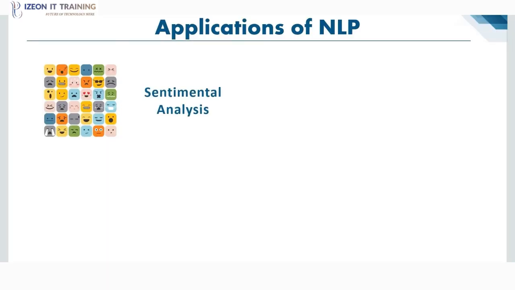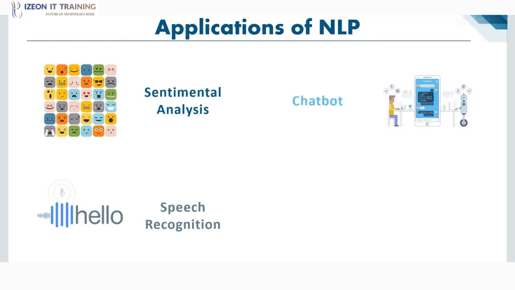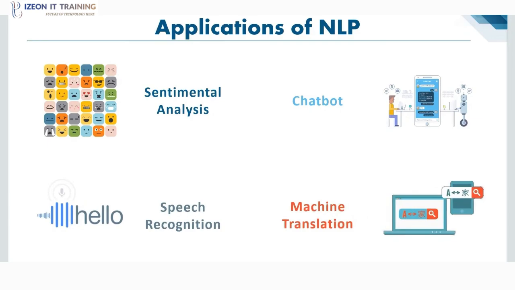So now if we have a look at the various applications of NLP, first of all, we have sentiment analysis. Now this is a field where NLP is used heavily. We have speech recognition. Here we are also talking about voice assistants like Google Assistant, Cortana, and Siri. Next we have the implementation of chatbots as I discussed earlier. You might have used the customer care chat services of any app. It also uses NLP to process the data entered and provide the response based on the input. Machine translation is also another use case of natural language processing. The most common example here would be Google Translate. It uses NLP and translates the data from one language to another, and that too in real time.